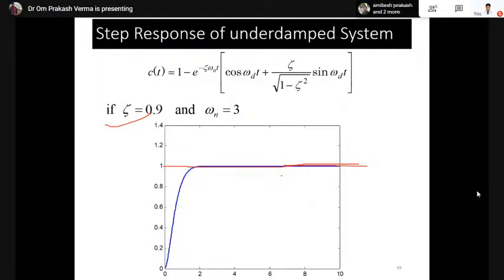So I will just summarize this. What is the meaning of second order system? A second order system is defined as omega n squared upon s squared plus 2 zeta omega n s plus omega n squared. By varying the value of zeta and omega n, the response is defined. Generally the variation of zeta will decide the response of the system. There are four types of response we get in the second order system: first, overdamped; second, underdamped; third, undamped; and fourth, critically damped. Based on that, we have developed the different types of response.